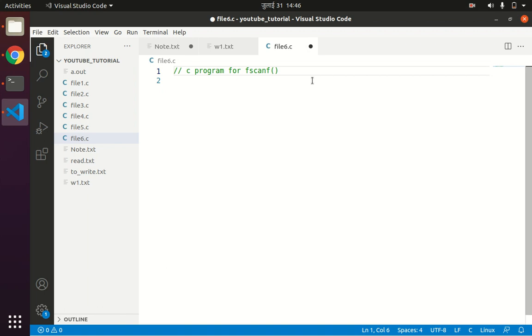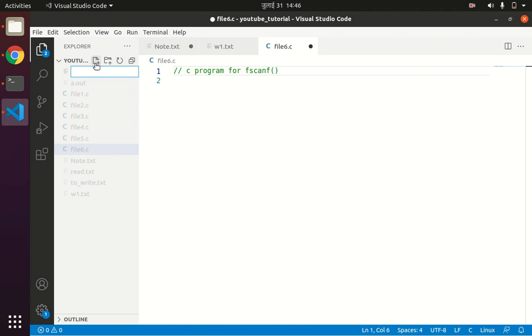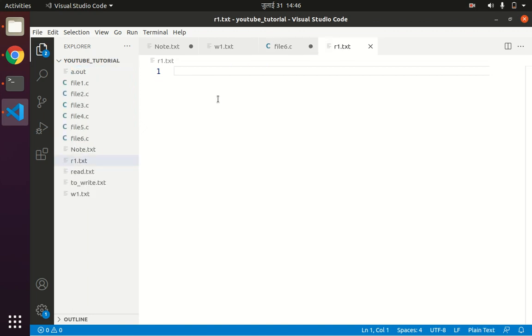For that I'll be creating one file called r1.txt. In r1.txt we'll have a string abc, an integer 10, and a floating point value 200.45. I'll be reading this content from the file into the C program file6.c.